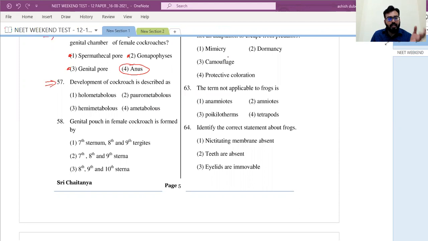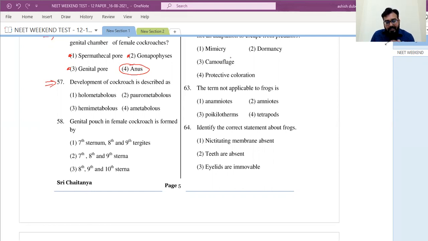Imago means adult. It means that there are all the possible stages in the metamorphosis. Hemimetabolous development is that kind of development where it is incomplete. There is no larva or pupa. There is a particular phase that is known as the nymph. It is incomplete metamorphosis. Holometabolous means complete metamorphosis. Ametabolous means without metamorphosis. If the egg is developing into the adult, then it is ametabolous.